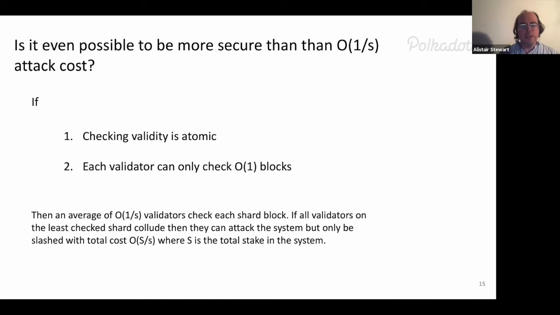So what you could do is divide the block into pieces and check each individual piece separately. That might change the numbers a bit or change the analysis anyway. The other thing you could do is use succinct proofs, zero knowledge succinct proofs. If you could magically do that, you could have everyone check a proof for every block, and that would get around this point too. I don't think dividing into pieces helps, though, because you're not going to give these little pieces to everybody, so you're in the same situation.